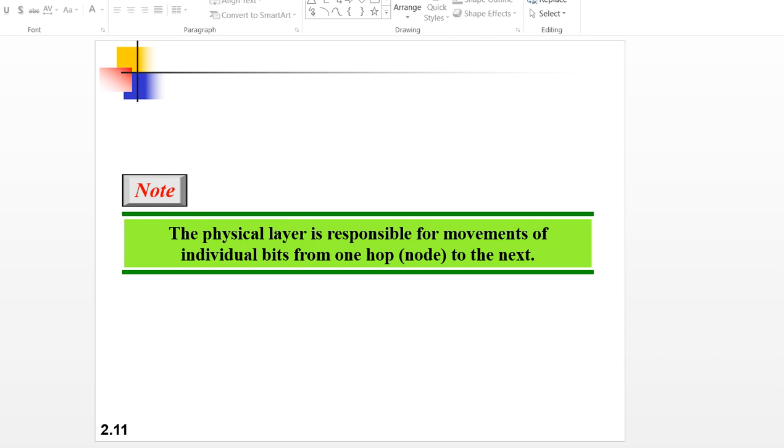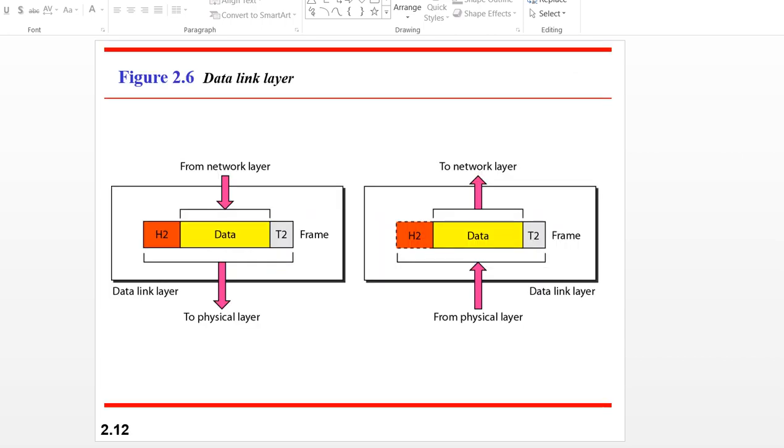Now this is the data link layer, the layer above the physical layer. Whatever data comes from the data link layer at the sender is accepted by the physical layer and sent to the receiver side. In other words, data from the physical layer is sent to the data link layer at the receiver side.